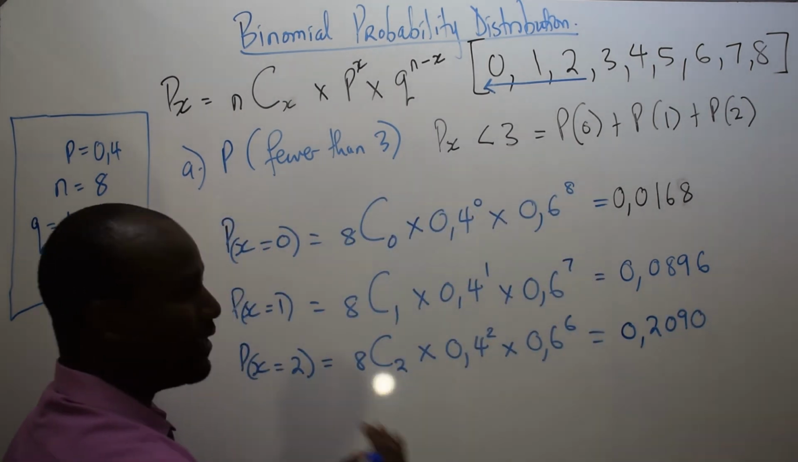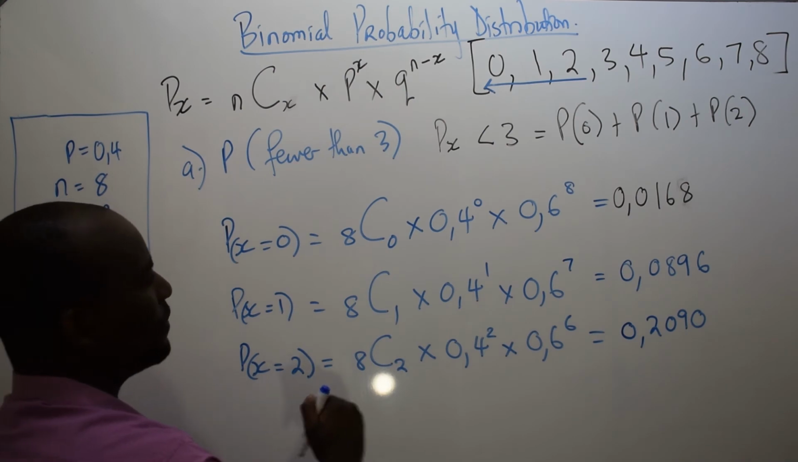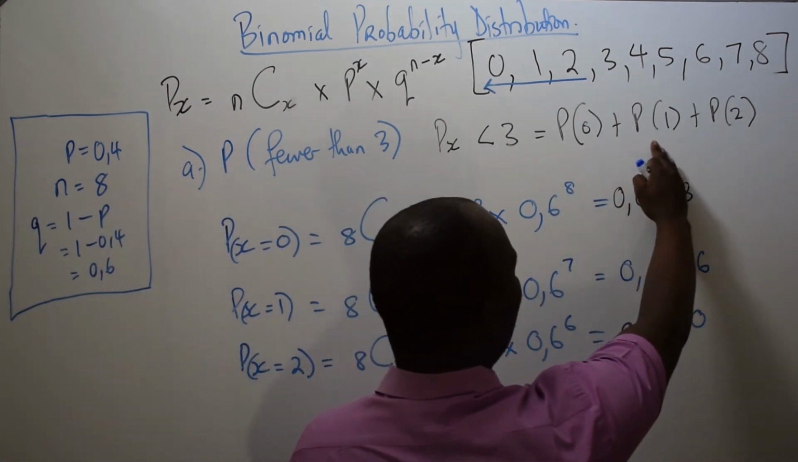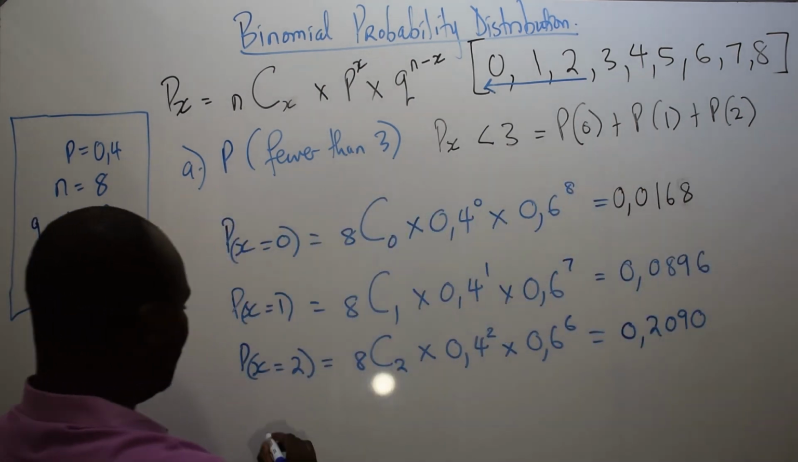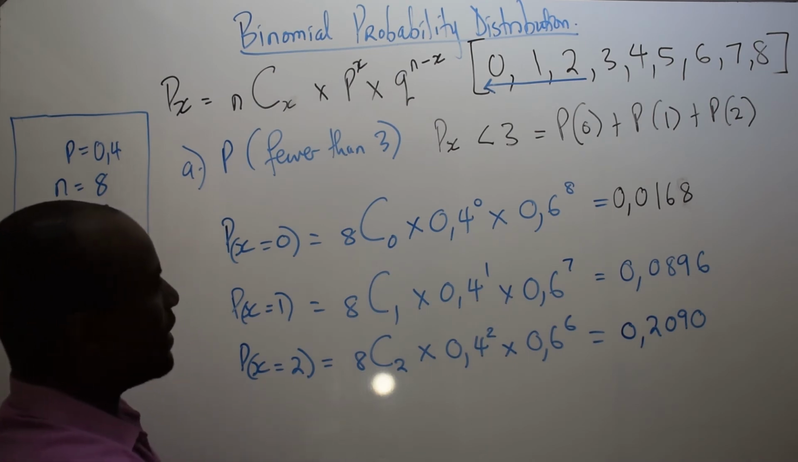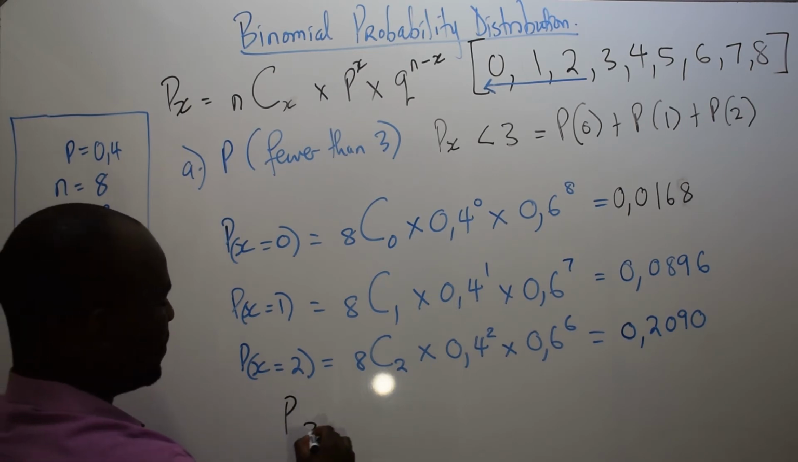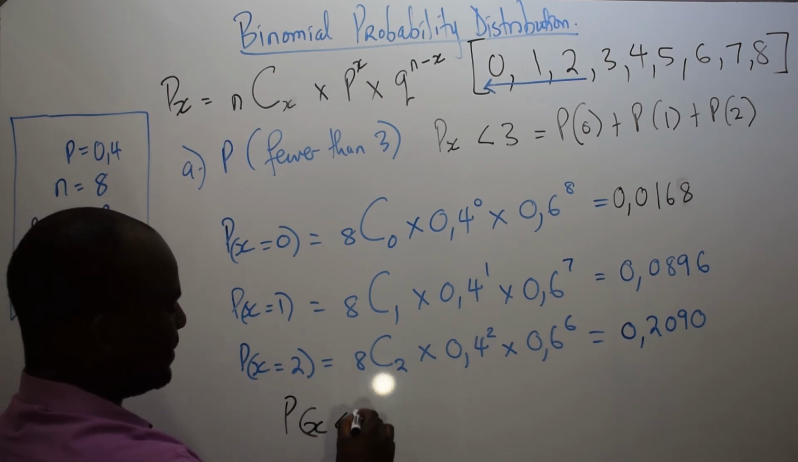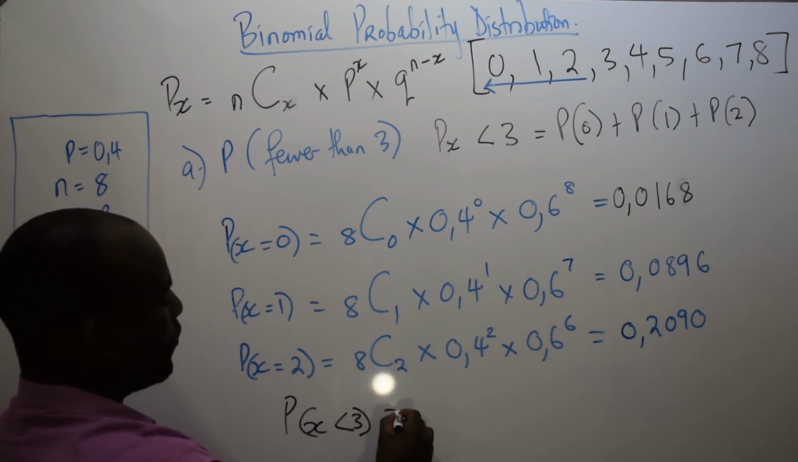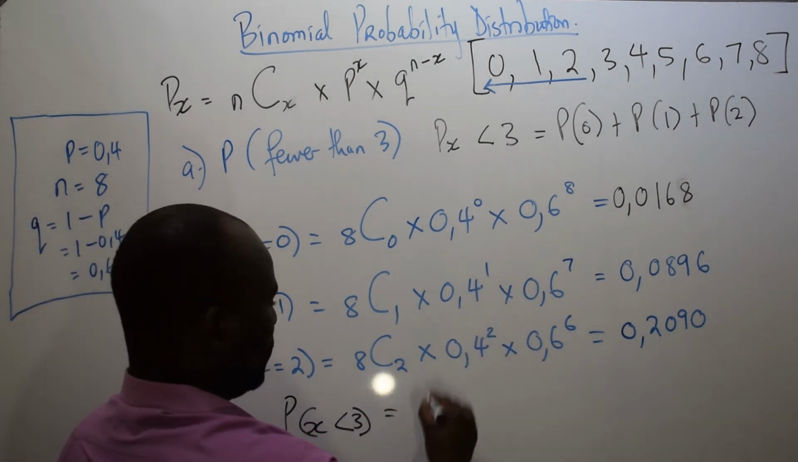So we've got the individual calculations of the probability of a 0, a 1 and a 2. So all we need to do now is to come here and do the final calculation. So we say the probability of getting sales that are fewer than 3. So P(X < 3) would be equal to